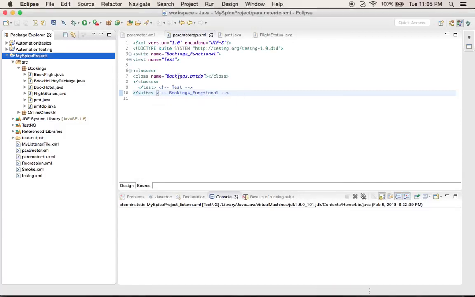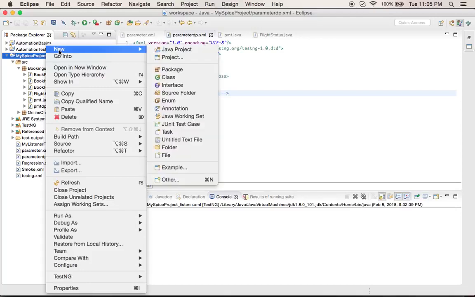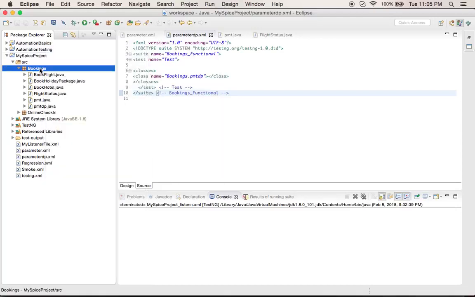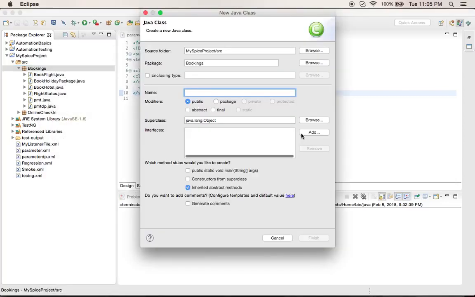Here I have the old class which I already created. Let me create new classes which are not depending on the previous example so that it will be clear. I'll create a new class under the bookings package, and call it listener main class.